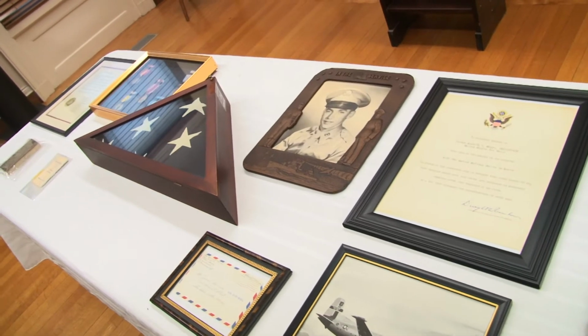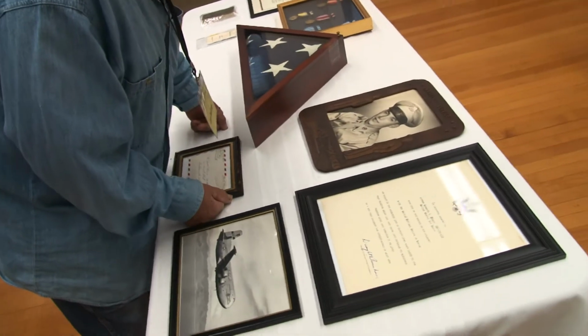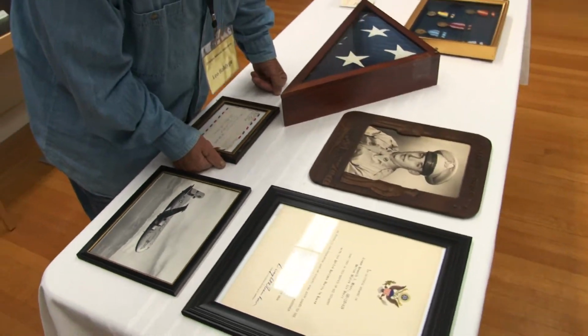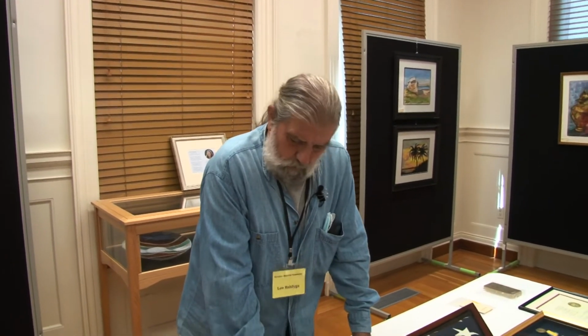Our chairman was contacted by the family Miner. The guy's name was Ammon Kenneth A. Miner, and he lived at 1100 West Street. During the Korean War, he was in the Air Force, and the plane ended up crashing. He died in service. His family asked if we would like the collection of all his memories and his